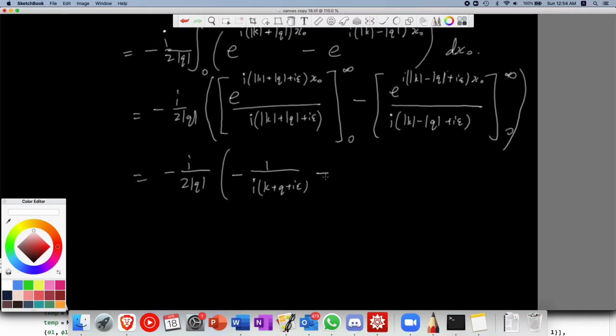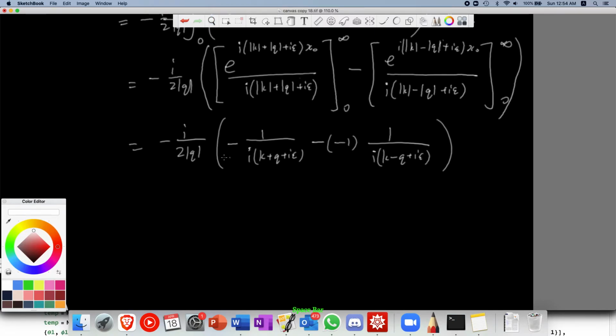Minus, negative of 1 over i(k minus q plus i epsilon). Okay, so what do you see over here? We realize that this is just plus, then the i's cancel, so this i cancels with the denominator over here, and then we have plus minus